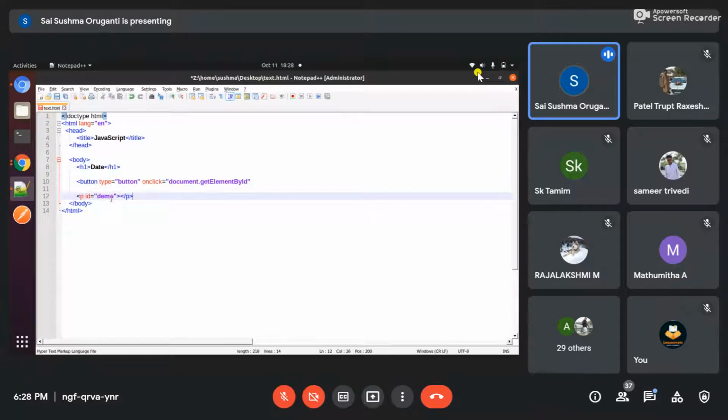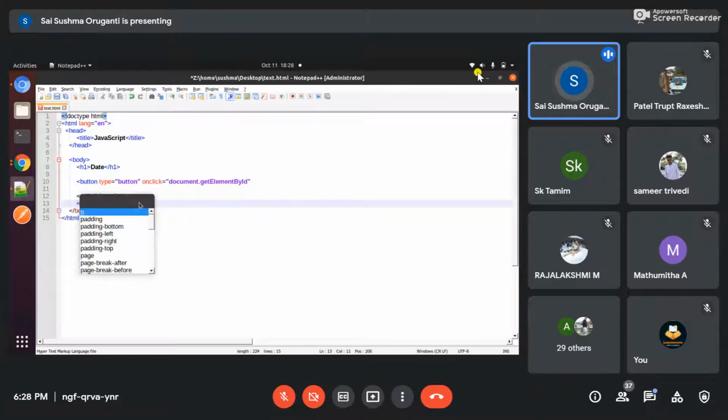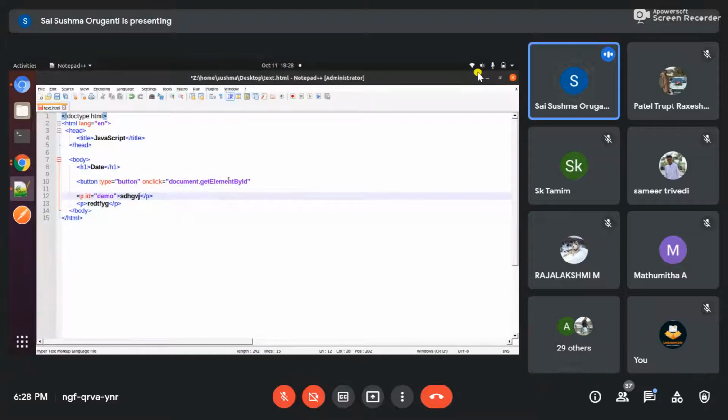Suppose I write another p tag here and I have written the same thing here also. If I write this document code, getElement, see how it will know which element it should get. For that purpose we are giving the id. So getElement only from what? The ID. By ID we are getting the element. So getElementById, what ID are we mentioning here? Which ID do we want here?